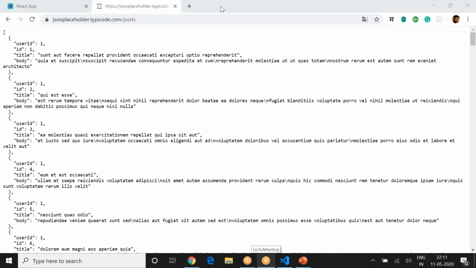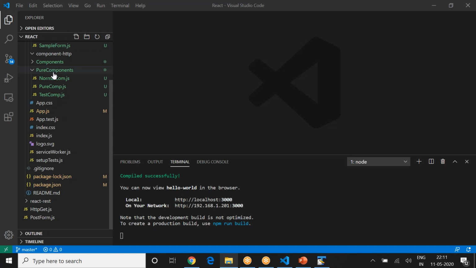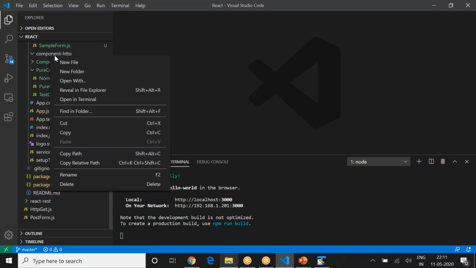Again, in the interest of time, I have created some stuff already for you. So let's create a form here which is called HTTP GET, and it's wonderful. It's very easy. Okay, so you'll see that this is amazing.